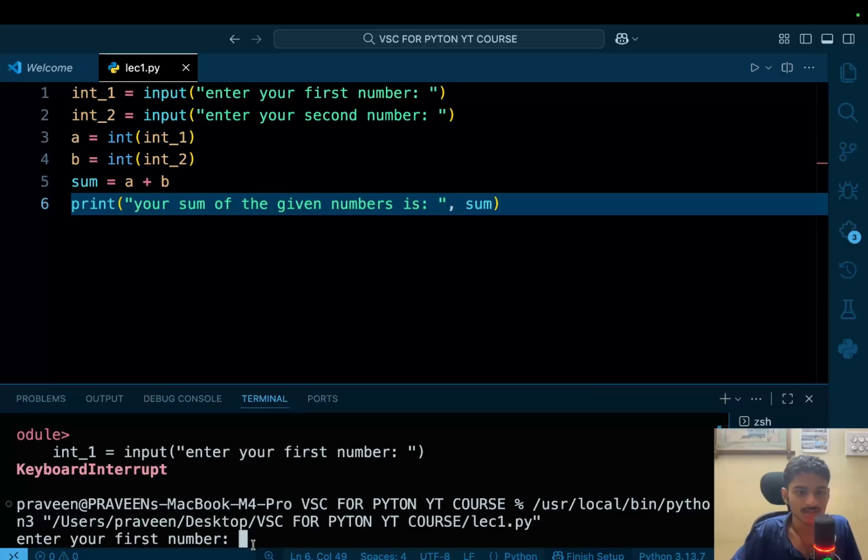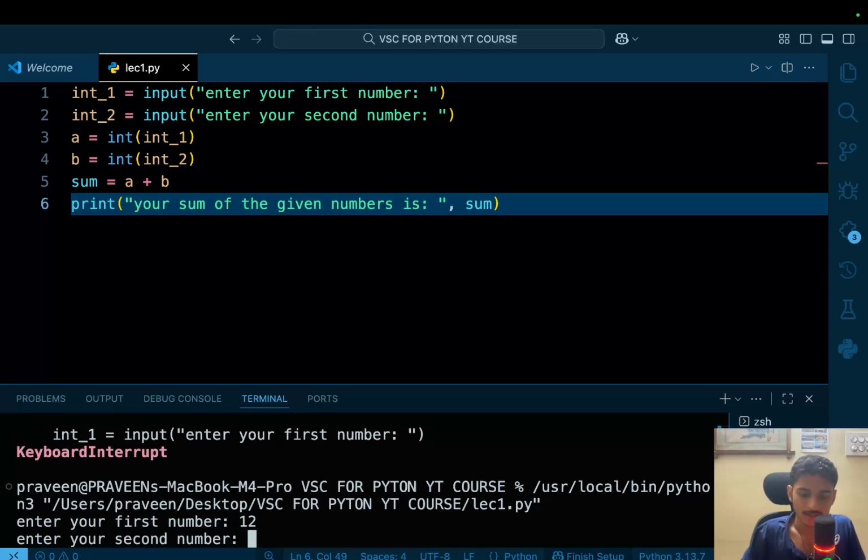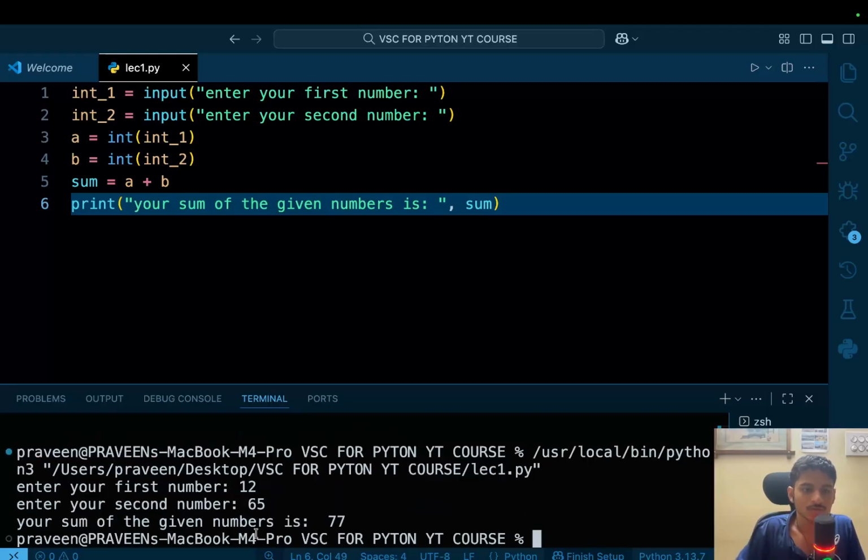So it is asking the user to enter your first number. I will choose my first number to be 12, and my second number to be 65 maybe. Next. So it has given, your sum of the given numbers is 77, right? So if you notice here,